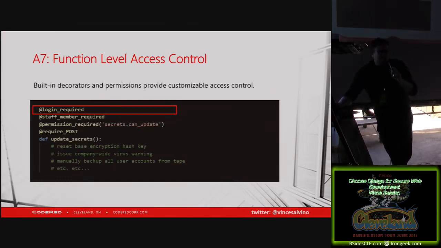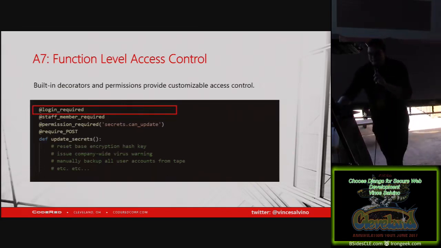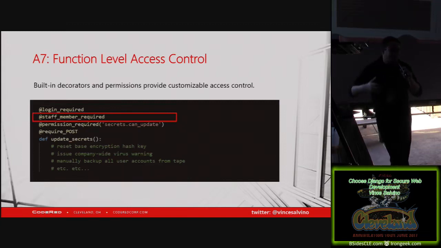Well, Django does have what are called decorators, and it's just one line that you add in front of any function or in front of any view or URL or anything that you make. The first one I'm going to highlight is called login required. You just add this, and bam, it goes through the full authentication process. If someone tries to hit it, it will give them the 403. It'll make them sign in. It handles all of the authentication. Just one line of code, it's great.